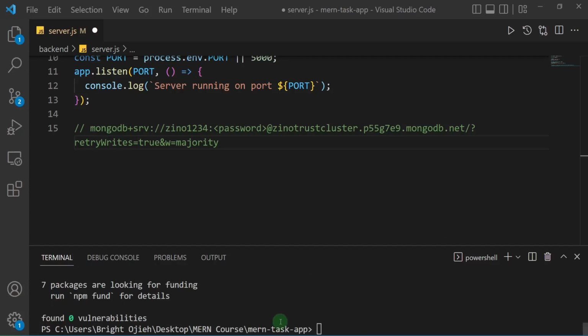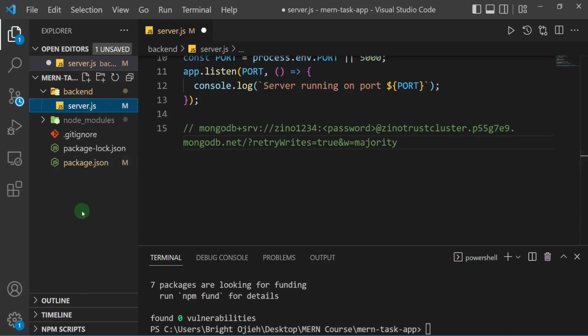All right, so dotenv has finished installing. Now we can go ahead and create an actual .env file in the root of our directory. So you're not creating it inside the backend or any other place. You are creating it in the root, on the same level as your package.json file and your .gitignore file. So I'll make sure I'm here, and then I'll click and create